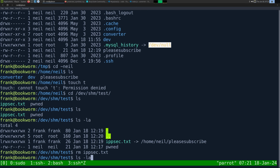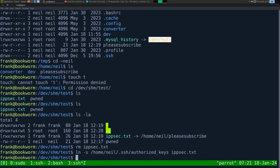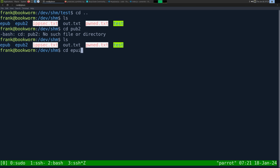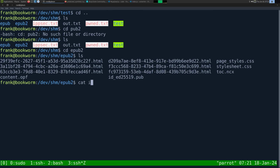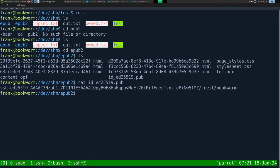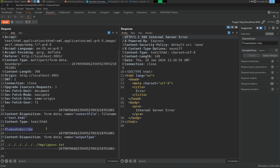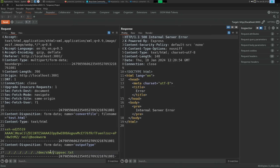So let's remove ipsec.txt. Let's now point it to .ssh authorized_keys. So now when we write to ipsec.txt, it goes to this authorized keys file. So let's see. What key do we want to put? Well, we can go to epub2, cat id.pub. Let's just put this key because we already saved it to our box. So we're going to write this key here, and we do dev shm test,